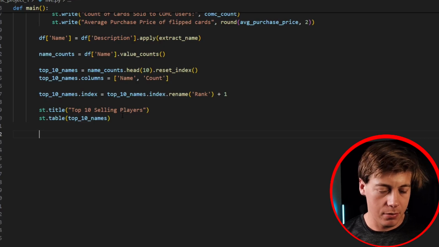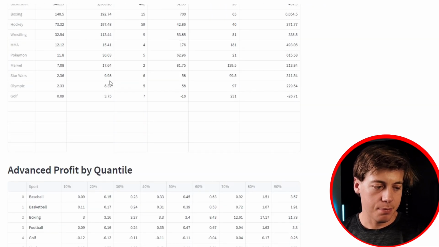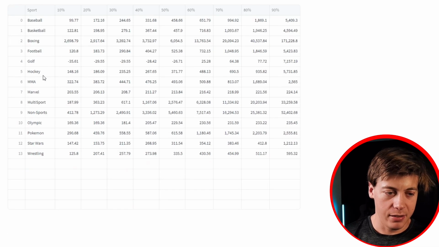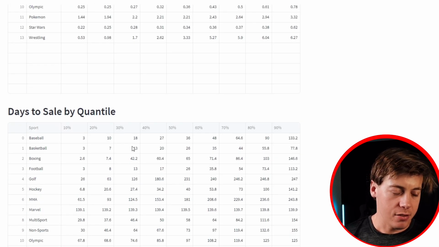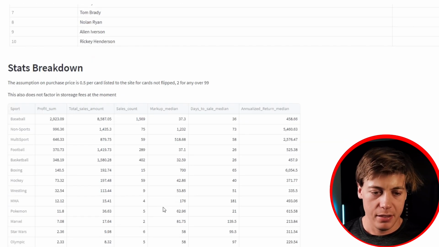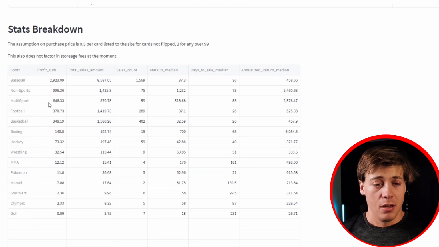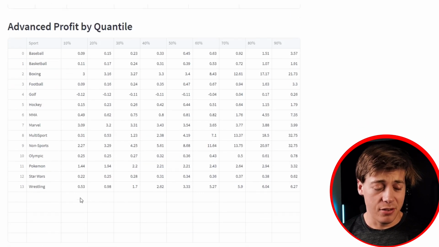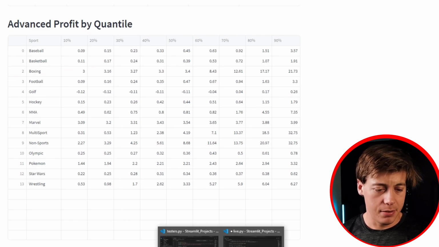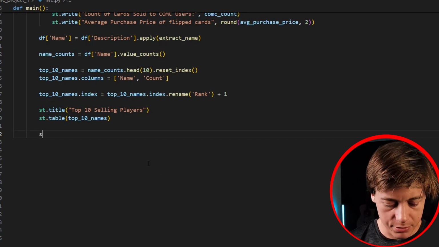All right, so now we're going to be taking a look at these next sections over here, like the stats breakdown, advanced profit, days to sale, markup, quantile, these returns. These are pretty easy. These are just based off of the stats breakdown, just expanding them out, 10 through 90%. So once we get that, pretty easy to duplicate. We have probably another 80 lines of code, but a lot of it's going to be repetitive. Let's start. So I'll just do another header